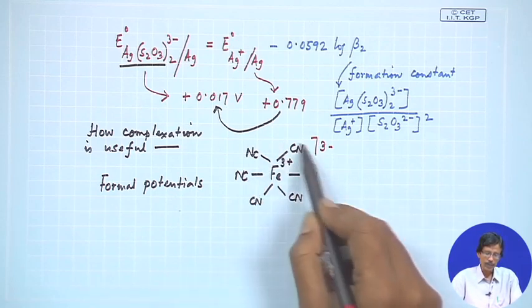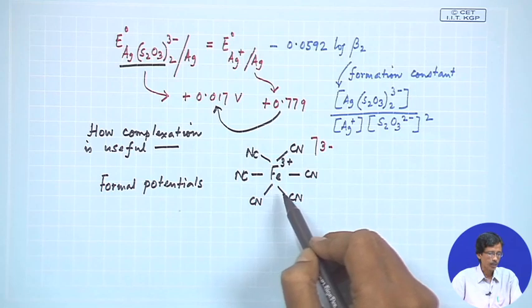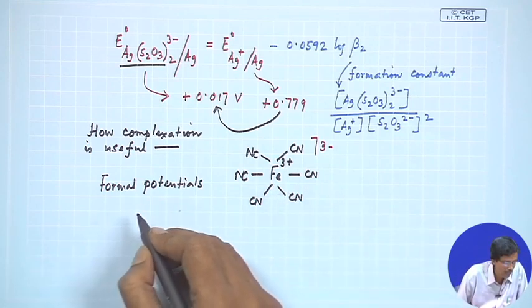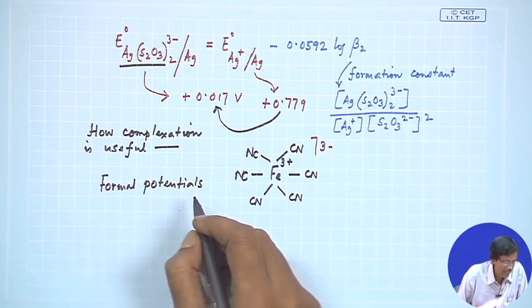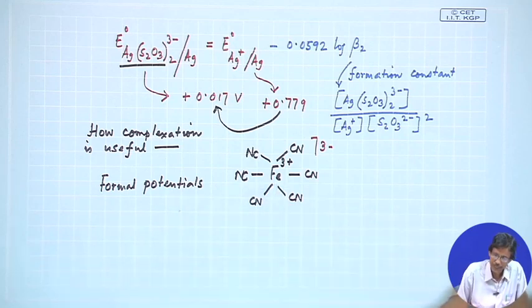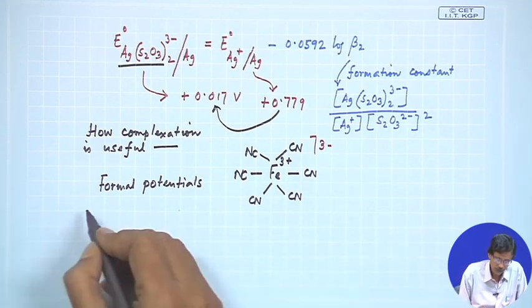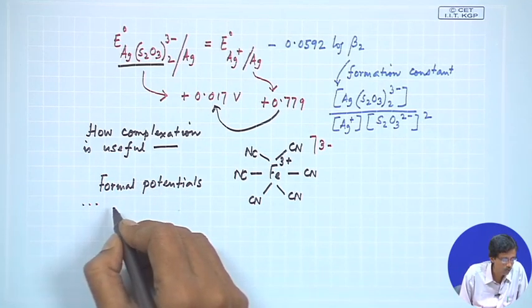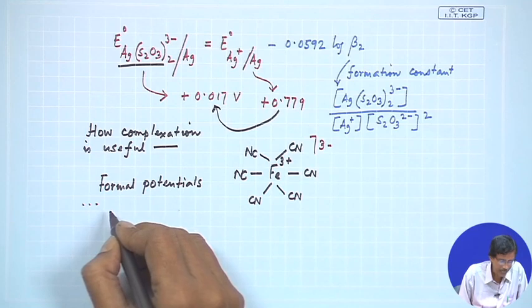And how can this complexation change or manipulate the potential value? We will see the value changing, and this change is due to the complexation reaction. So, how do we define this formal potential? These are empirical values, empirically derived